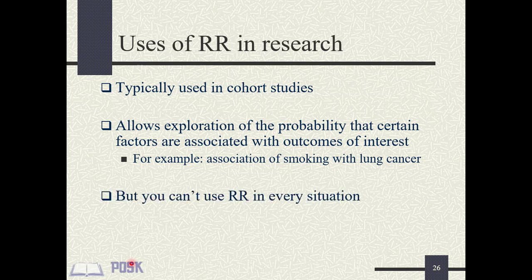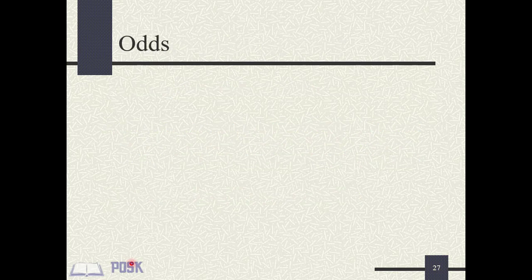What if, like in case control studies, you neither know the prevalence nor the incidence of the disease? What is an odd? An odd is another way of measuring probability. It is useful when we don't have the incidence or prevalence of an event, and yet we want to know the probability of the event happening. A classic example are case control studies.